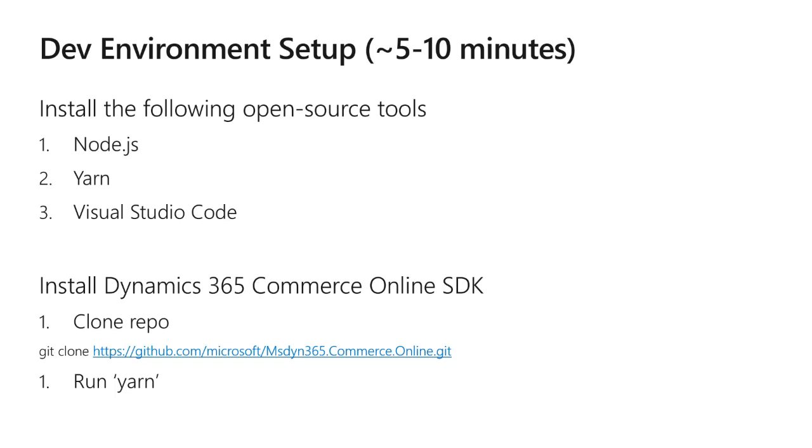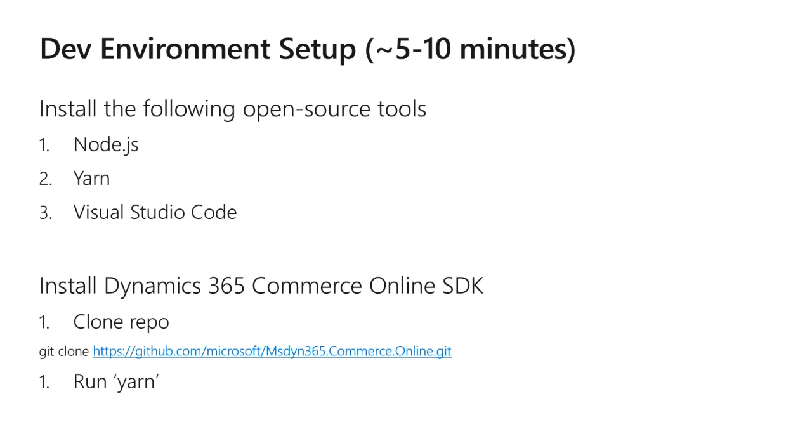Yarn is a tool that runs on top of NPM. So if you've ever used Node.js before, you probably have seen NPM, which stands for Node Package Manager. And Yarn is just an extra tool that runs on top of NPM. It just simplifies a lot of things. So we use that tool. And Visual Studio Code is our source code editor. So once you install those, generally, if I'm setting up a new machine, it takes probably about 5 minutes to get